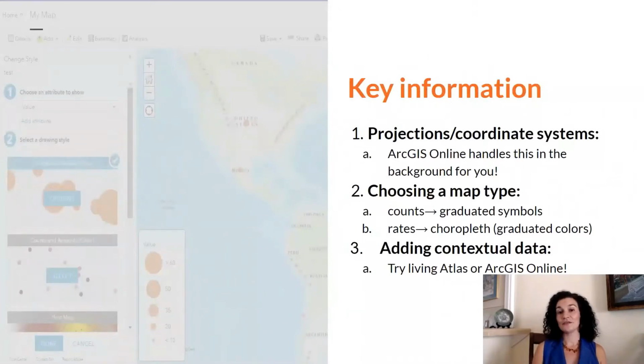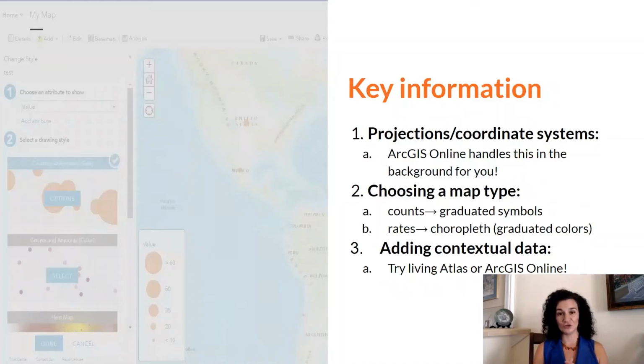So I want to talk about 3 key pieces of information that we will go over briefly as we're going through ArcGIS Online, but they're helpful to set the stage. The first is projections and coordinate systems. You could spend actually an entire semester or quarter, as you all are on quarters over there, on just projections and coordinate systems. Those are the units in which spatial data are collected and how a 3-dimensional Earth is displayed